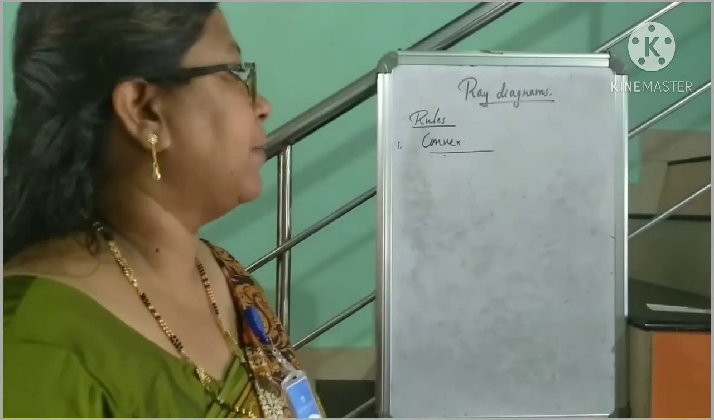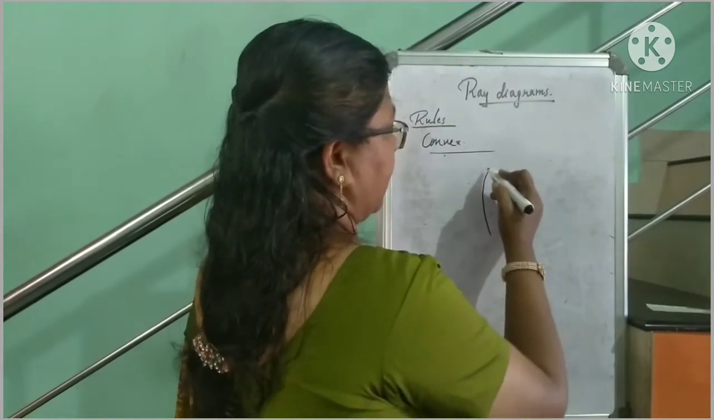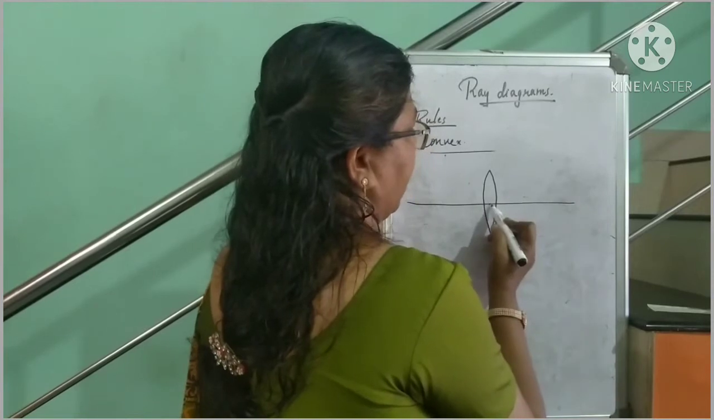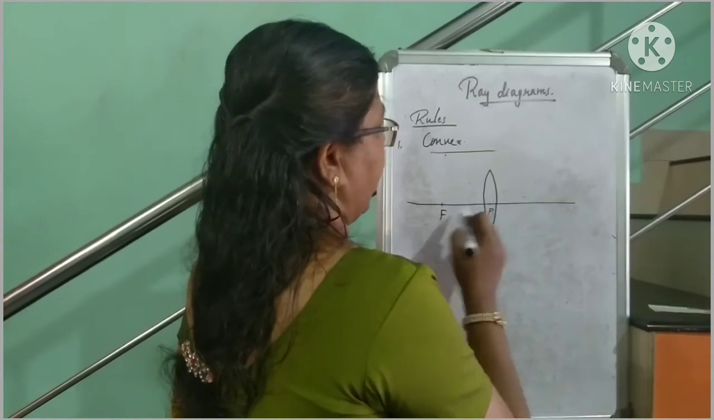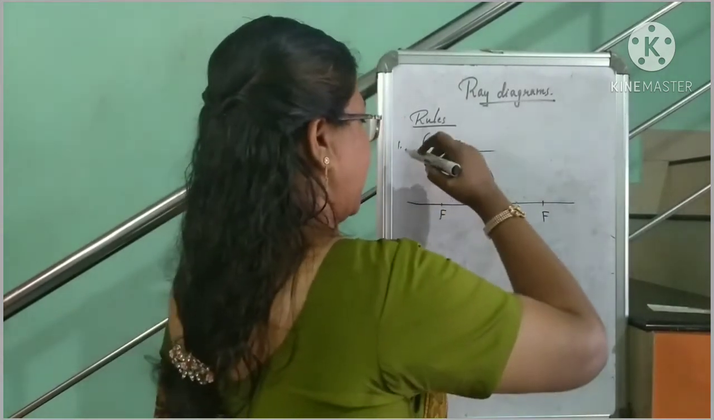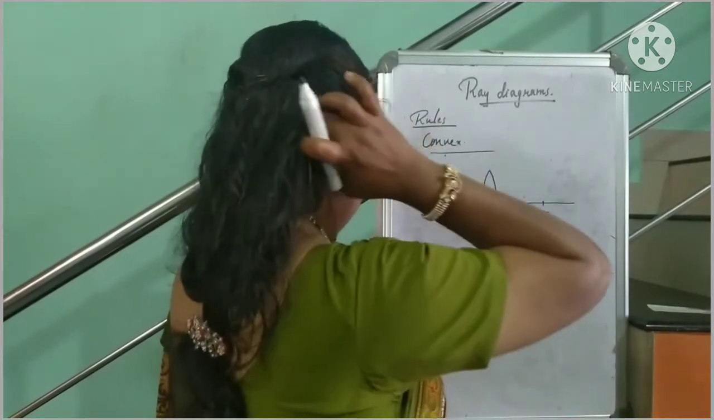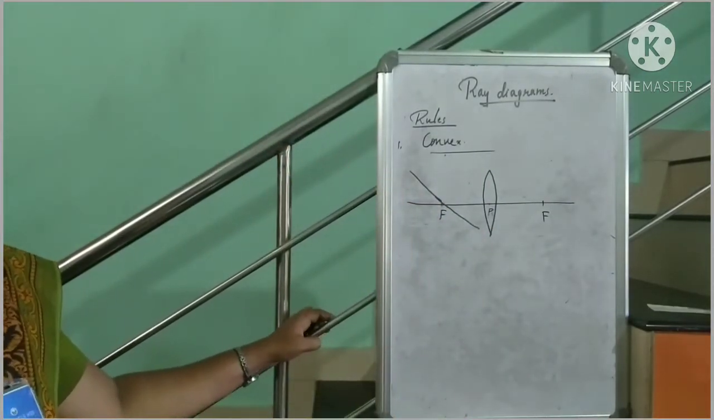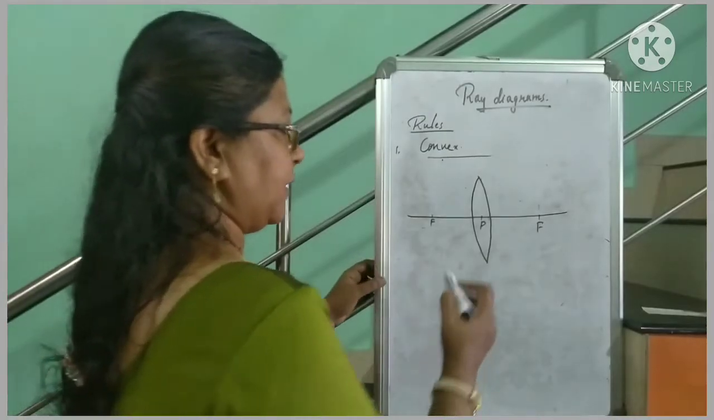Next rule is applicable to a convex lens only. We cannot apply the rule for concave lens. So the next rule is, see, this is a convex lens and this is optic center, F and F. Third rule states